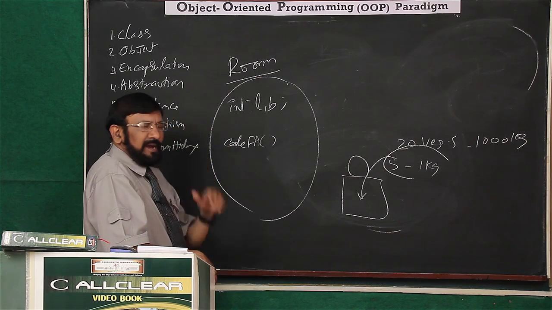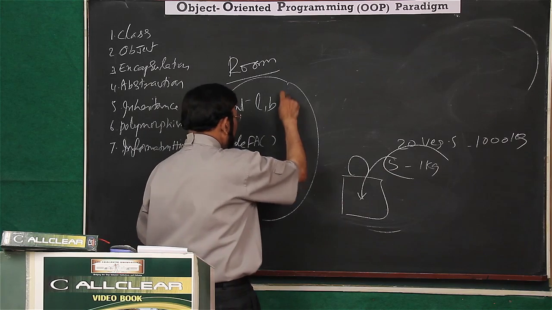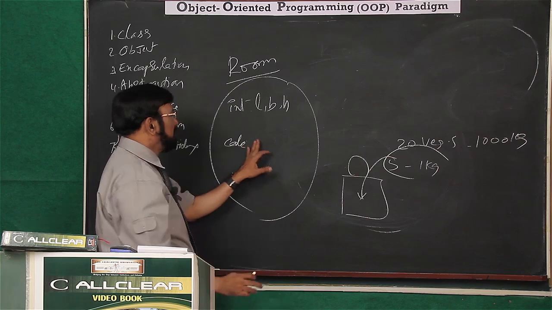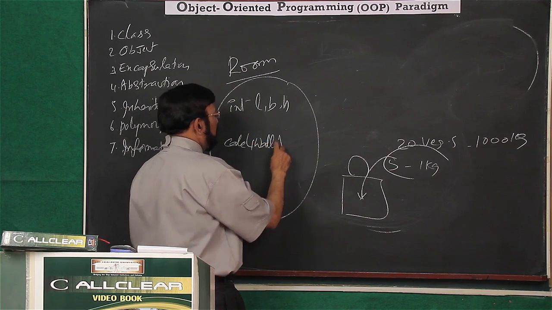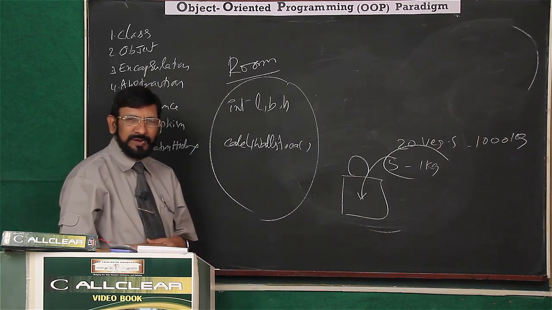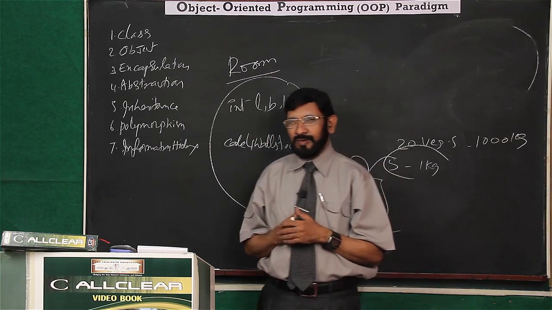Suppose your second client is the painter. Then which data do you take? You take L, B, H. He does not have any concern with floor area. What does he want? Four walls area. That only you take. Look at the essential. Ignore the rest.